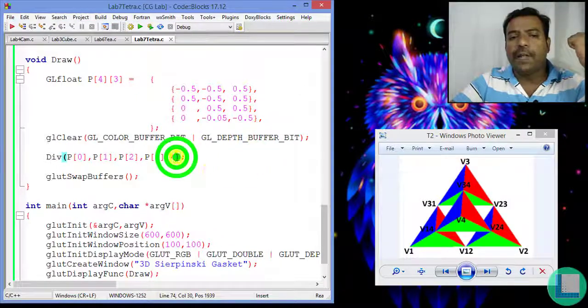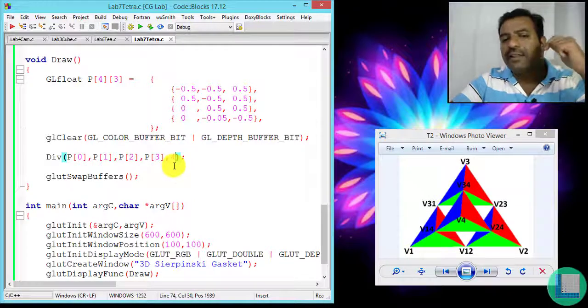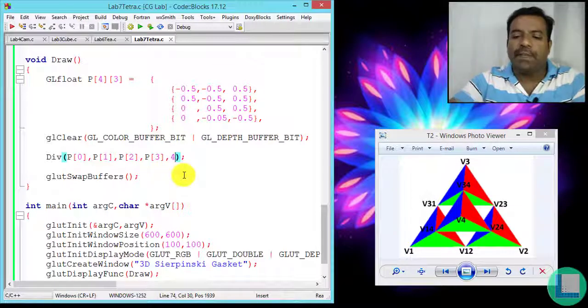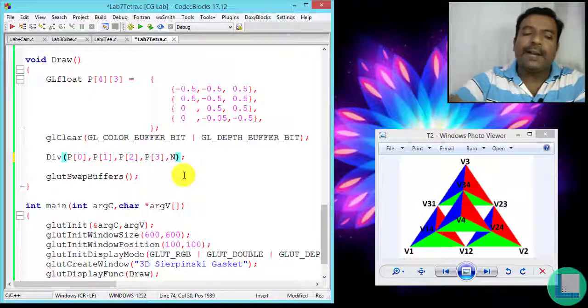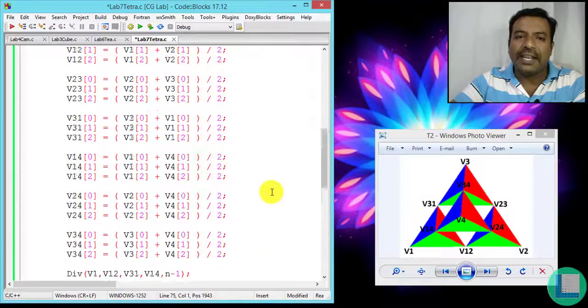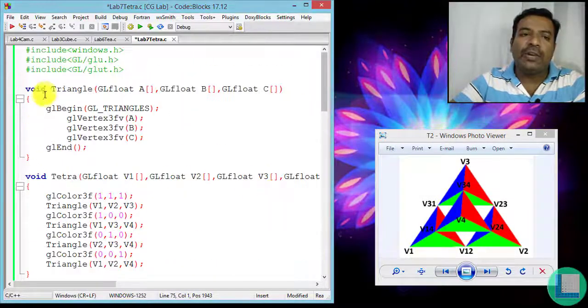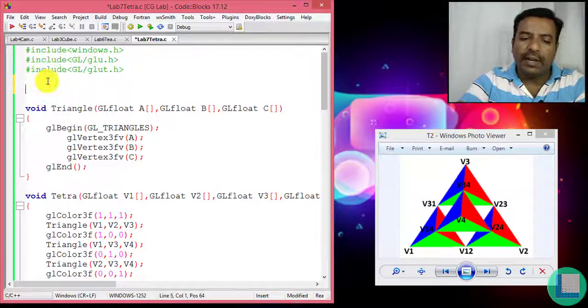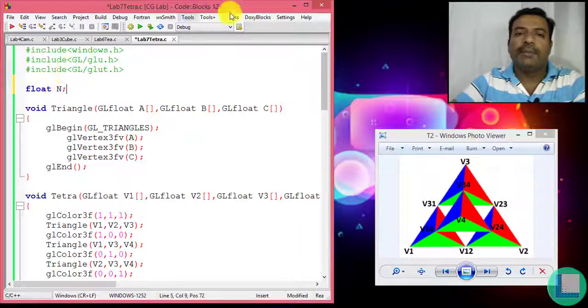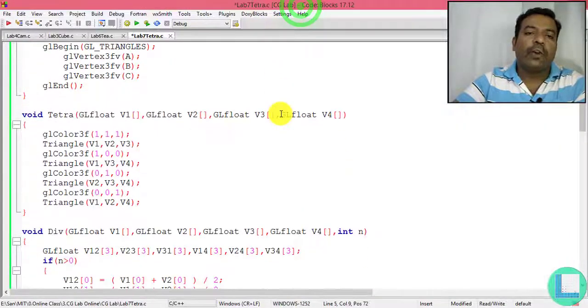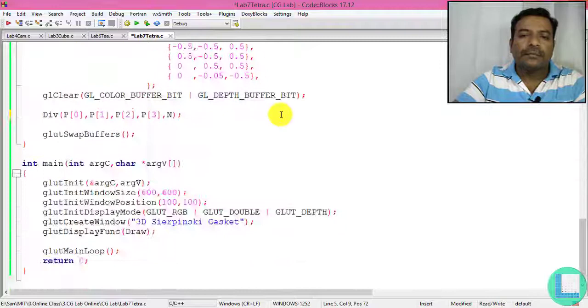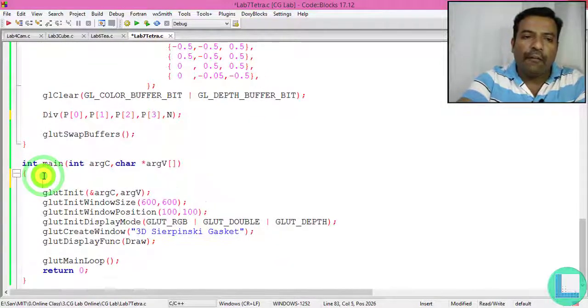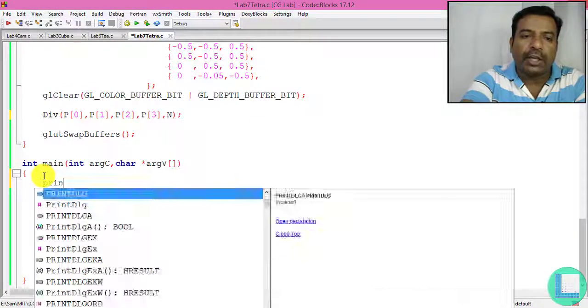But in the program, they have mentioned the number of divisions, which I'm specifying here. Rather than being a constant, it should be a variable. Hence let me pass a variable called n, which I am going to declare as a global variable, float n, and the value of n I am going to read from the console.